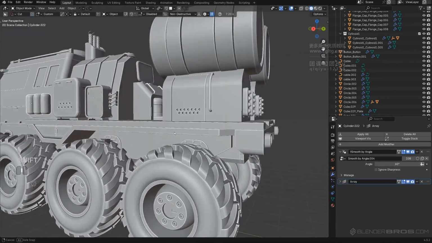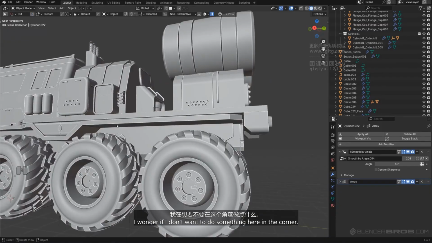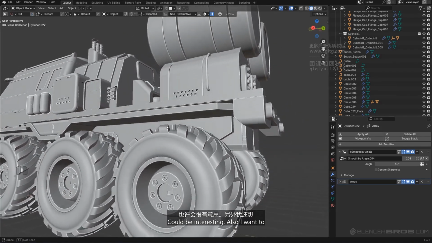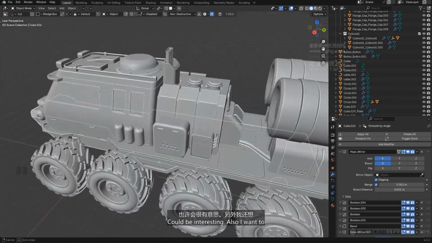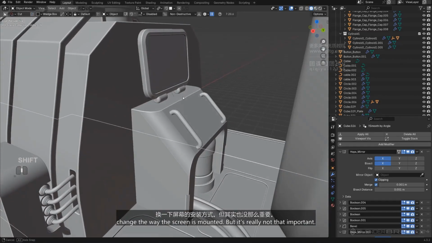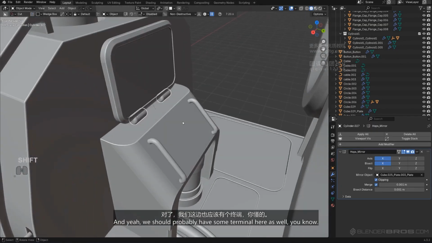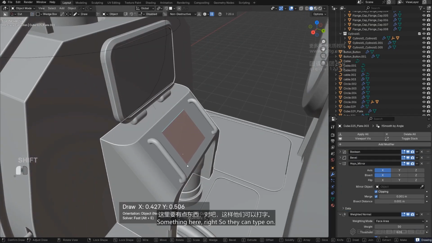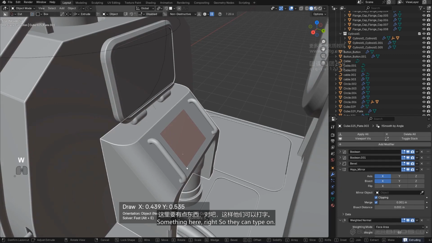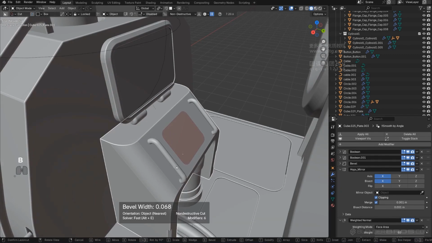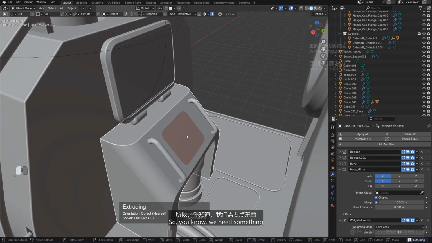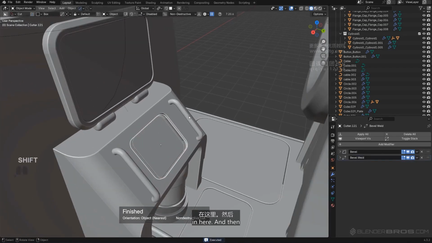Also, I wonder if I want to do something here in the corner. Could be interesting. Also, I want to change the way the screen is mounted, but it's really not that important. And we should probably have some terminal here as well, something here so they can type on. So we need something in here, boom, right? And then